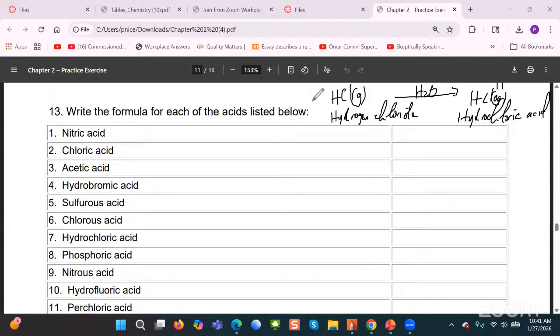So if the name of the binary hydrogen compound starts off with hydrogen, the stem of the name of the other element, and IDE, the name of the acid is hydro, the stem of the name of the other element, and ic acid, right? So hydrogen chloride becomes hydrochloric acid, hydrogen bromide becomes hydrobromic acid, and so on and so forth, all right? So the difference between these two is that this is in a gaseous state and this is dissolved in water in the aqueous state, right? Okay,